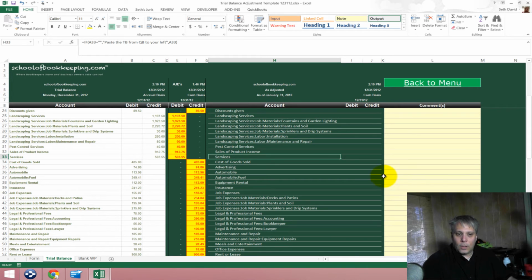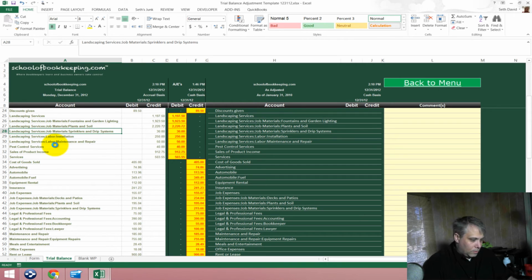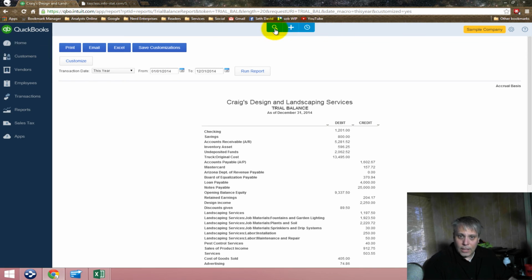So it is a little bit of work, but what you will be left with at the end of the day is exactly what needs to be debited and credited in order to get your books to agree 110% with the tax return. Then, because we took these accounts from QuickBooks, the adjustment in QuickBooks is a simple copy and paste. So when I'm ready to book the journal entry, and if I'm booking an entry that changes the landscape services, job materials, sprinklers, and drip systems, I can go into my QuickBooks file,